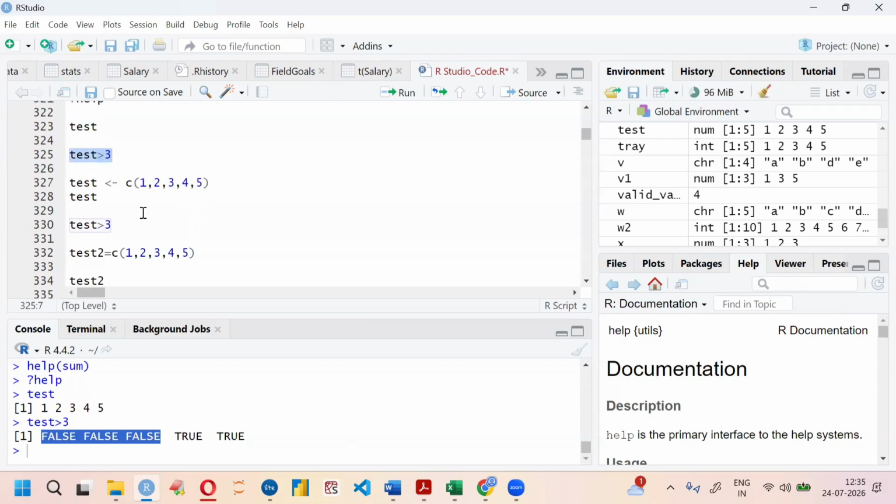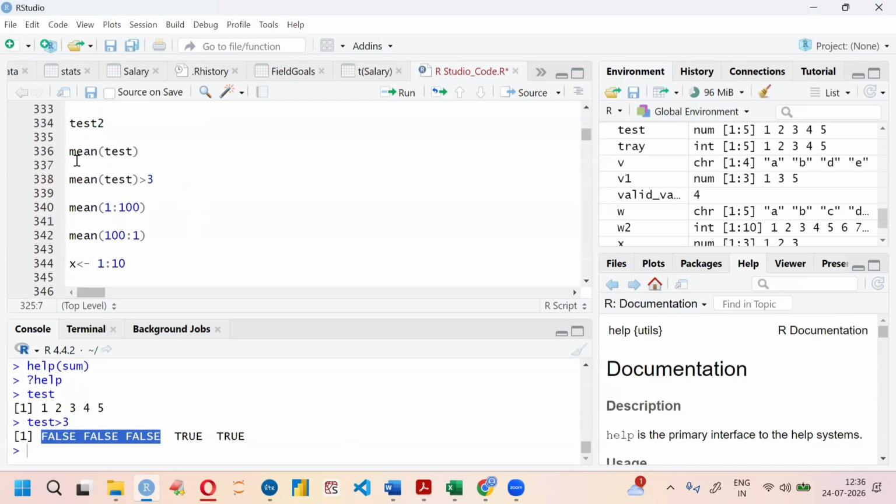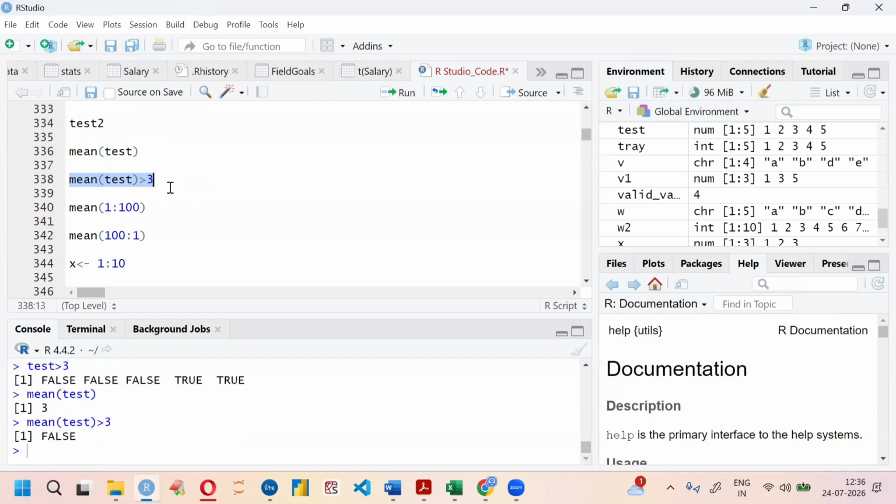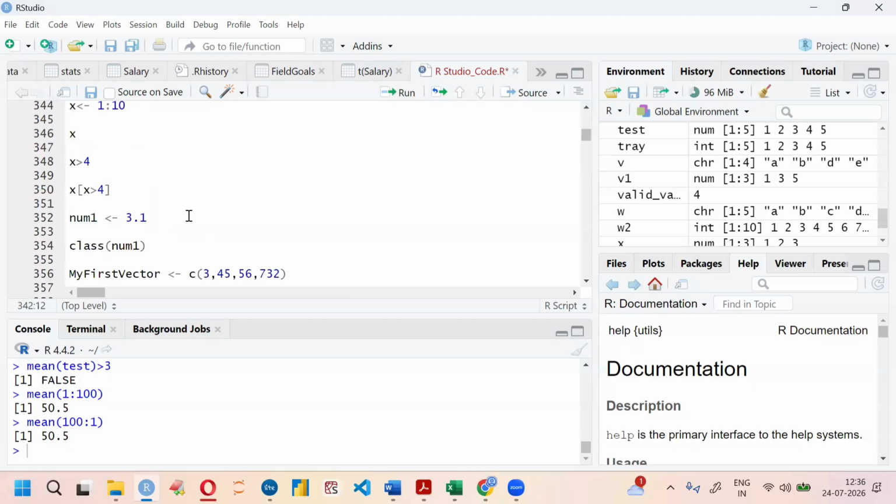Test c of 1, 2, 3, 4, we had seen that one, and mean of test we had seen. And suppose mean of test is 3, that is 15 by 5. Mean of test greater than 3, false. We are checking whether it is greater than 3. Mean of 1 colon 100, 50.5. Mean of 100 colon 1, 50.5. Okay. And next,